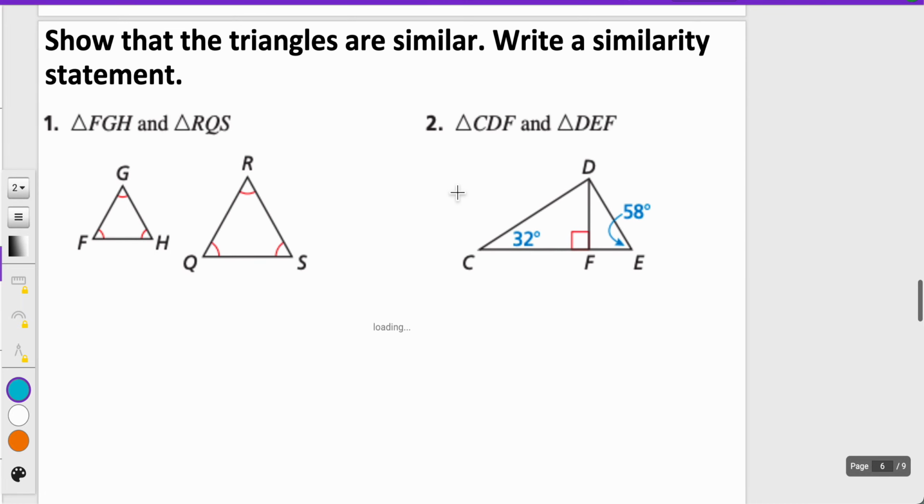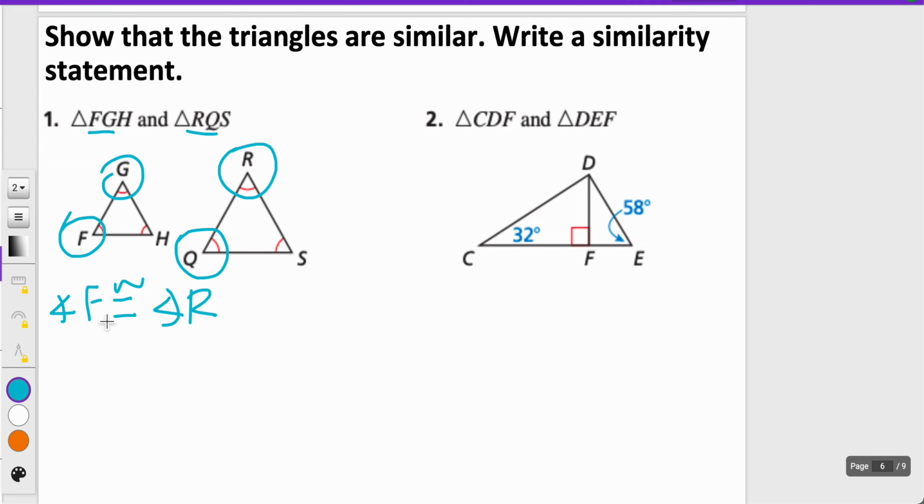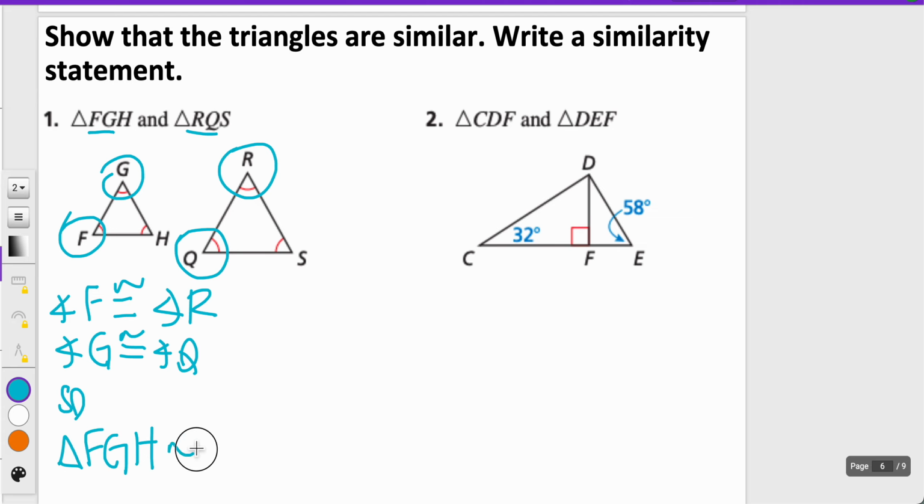So what we're going to look at here is: show if the triangles are similar, write a similarity statement. So the first one, we can just look at FGH and RQS. That means I'm going to maybe focus on FG matching RQ, noticing that F and G and R and Q all have one arc. So I know that angle F is congruent to angle R, and angle G is congruent to angle Q. So triangle FGH is similar to triangle